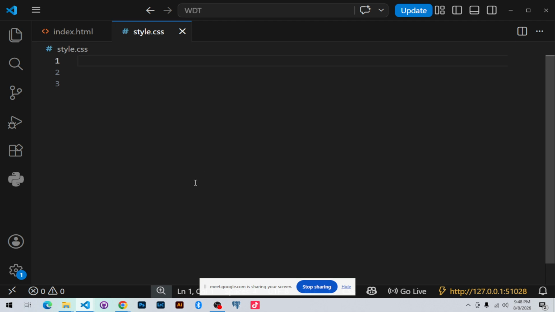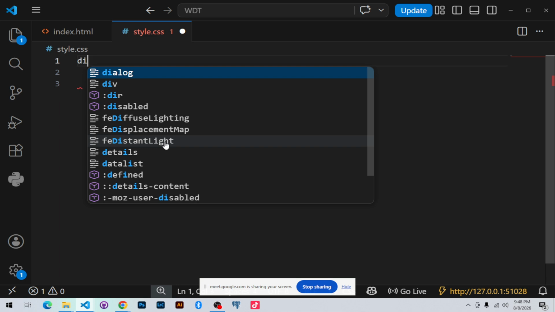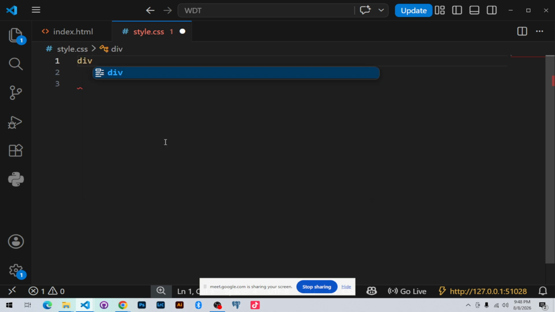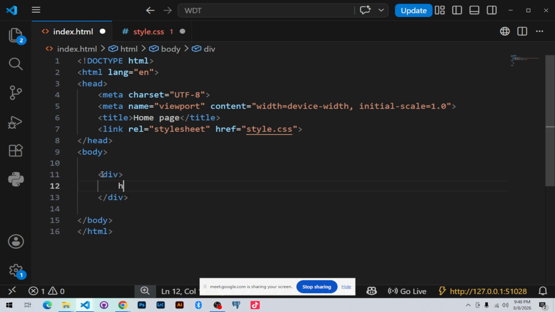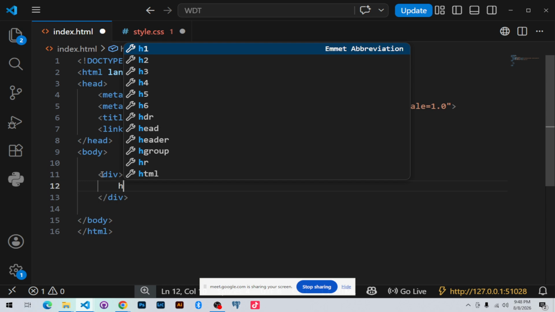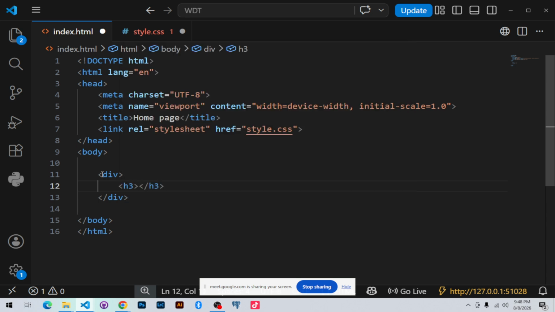Alright, so let's see the parts of CSS. First we have the selector. For example, let's say div. This first name that comes is what is pointing towards the particular element name in the HTML. For example, if I say div and I press on my tab key and I put inside, let's say, heading h3, that's heading 3, a heading with a size of 3. Let's say welcome